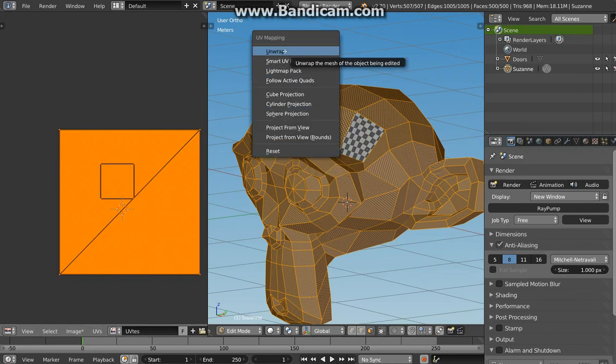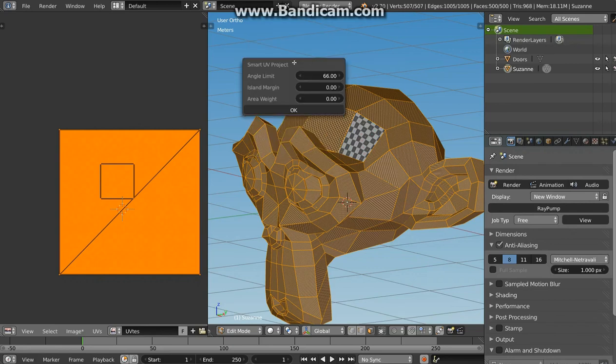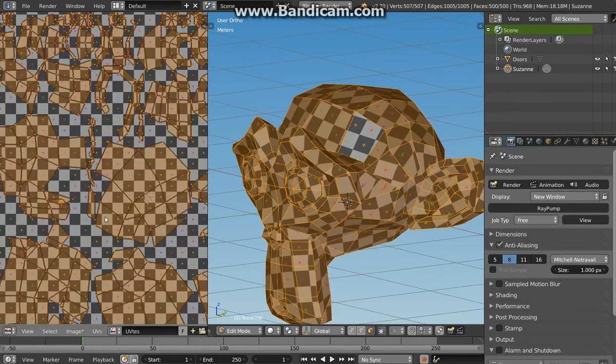And all these things are just different ways to make the same thing. For example, if you try Smart UV project, which is a very good tool if you want to just paint your texture directly to the model, or bake the texture, so you really don't care where the seams are, you just take the angle limit when the seam should be cut in the mesh, just hit OK, and you will see